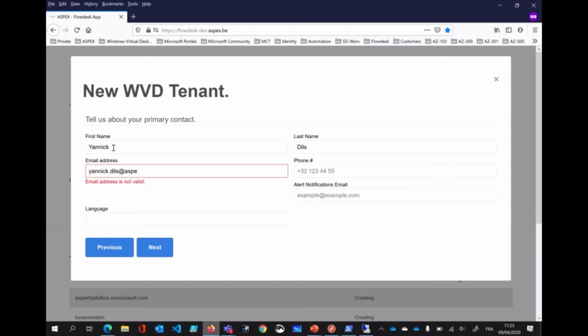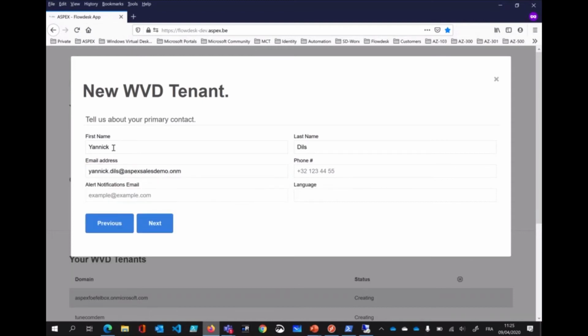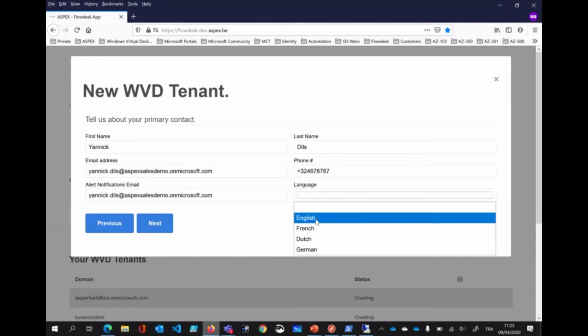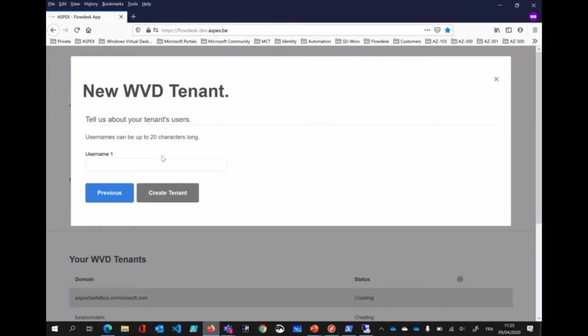Let's add aspects, demo.microsoft.com, and a phone number as well. So first, I want my alerts as well, so I'm just going to use that same address, and I want my hosts to be in English. So I want to create a new user, and this is my demo user. So if I click next,